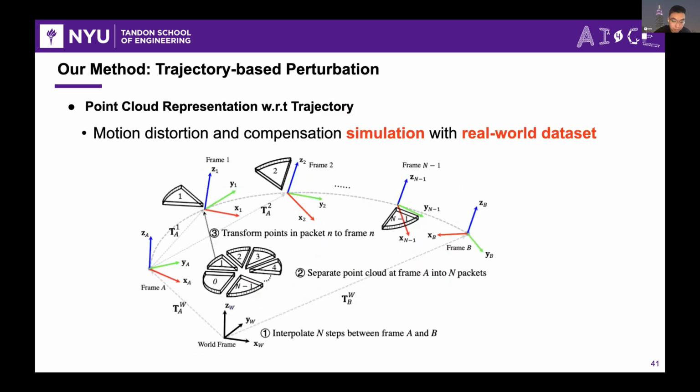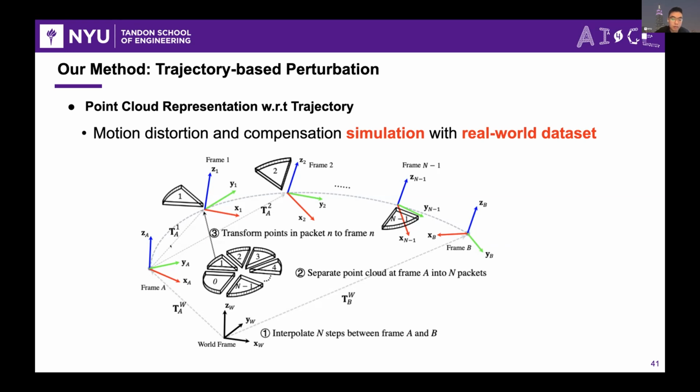To verify our method, we need a suitable data set. However, existing data sets have all implemented motion compensation before release. So we simulate the motion distortion and correction using simulation with a real-world data set. Let me take an example.